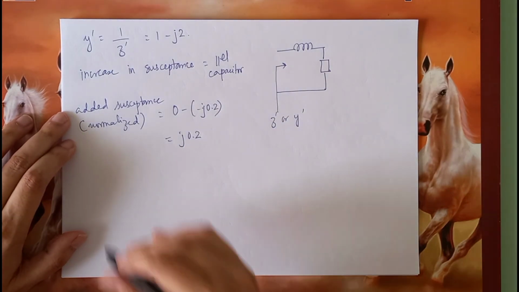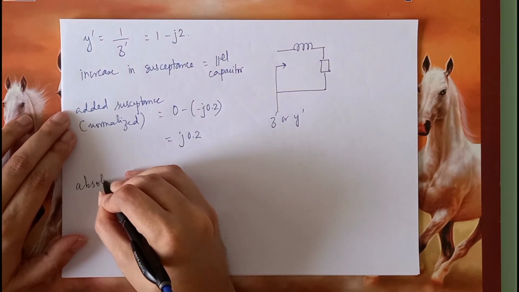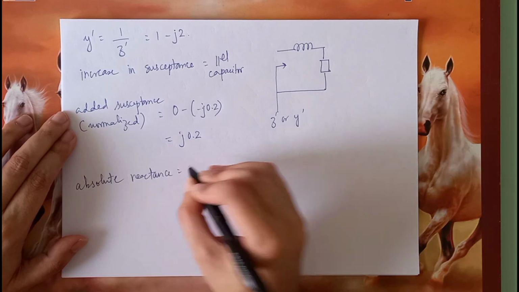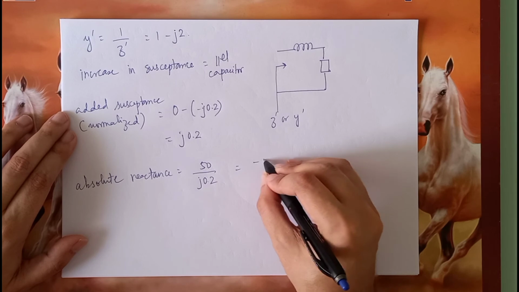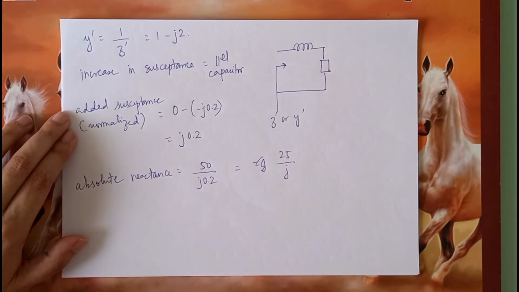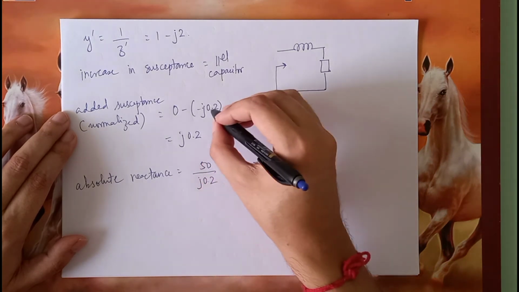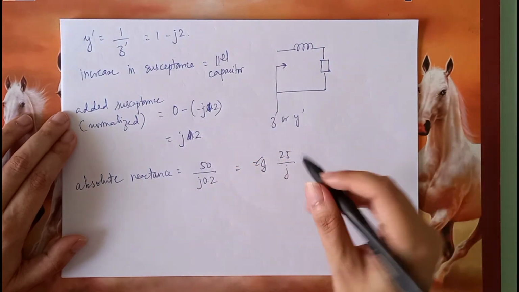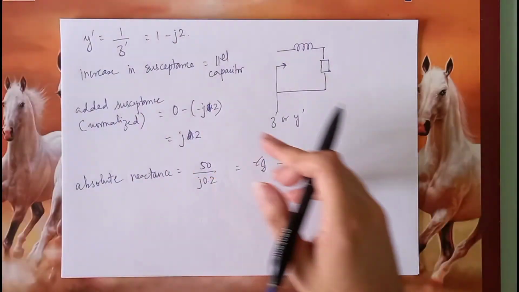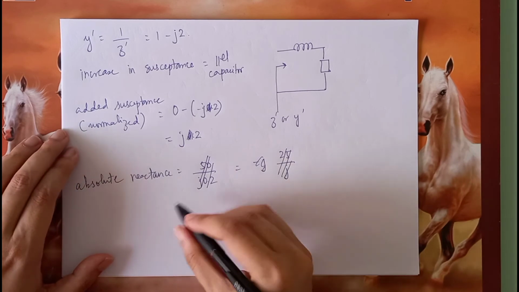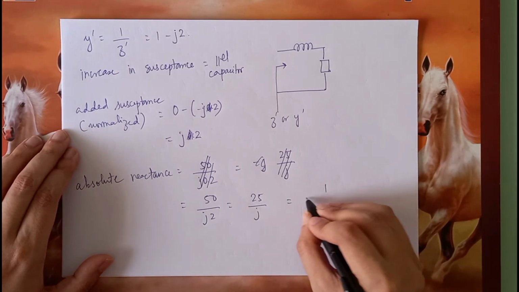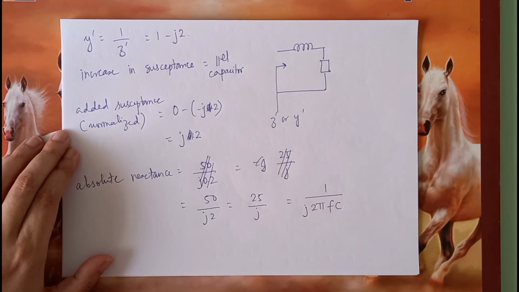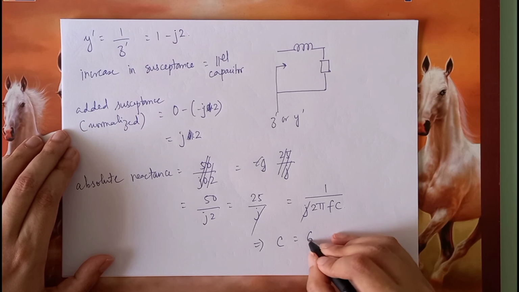This is susceptance. So therefore the absolute reactance will be 50 divided by this, that is 50 divided by j 0.2, which is equal to minus j, or 25 by j, sorry, not 0.2, this is j2, yeah, this is j2, y prime is j2, yeah. So sorry for the error. So absolute reactance will be 50 divided by j2, which is 25 by j, and capacitive reactance for that will be 1 by j 2 pi fc. So j and j get cancelled. Simply substitute the frequency of 1 gigahertz and you will get the capacitance value to be somewhere at about 6.37